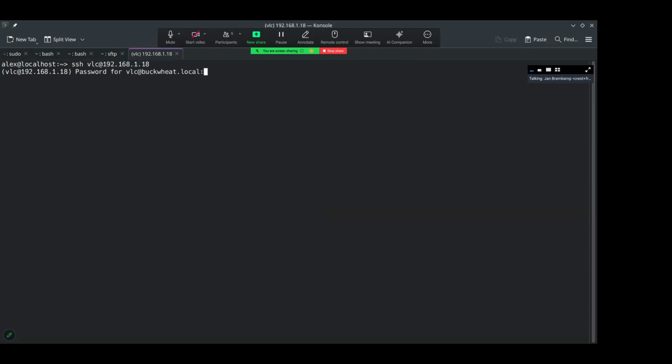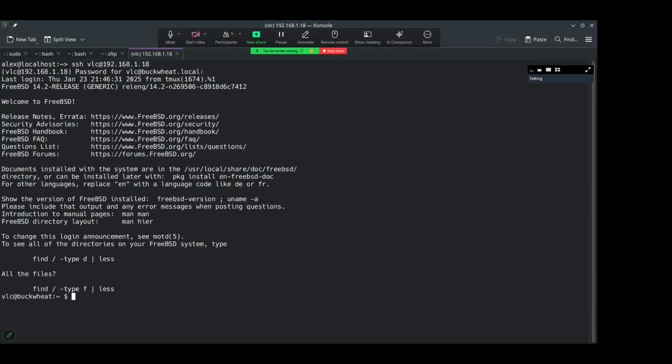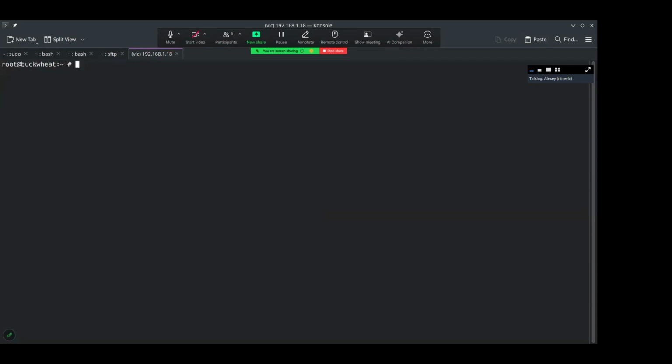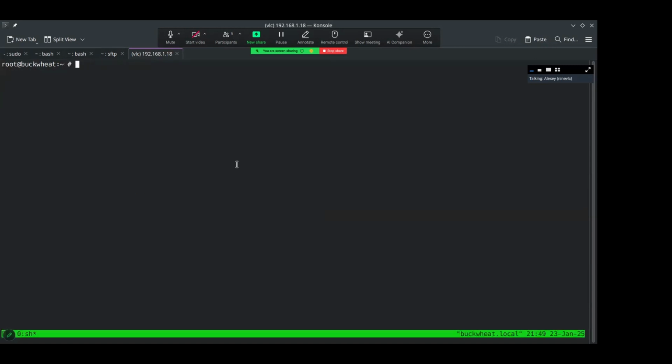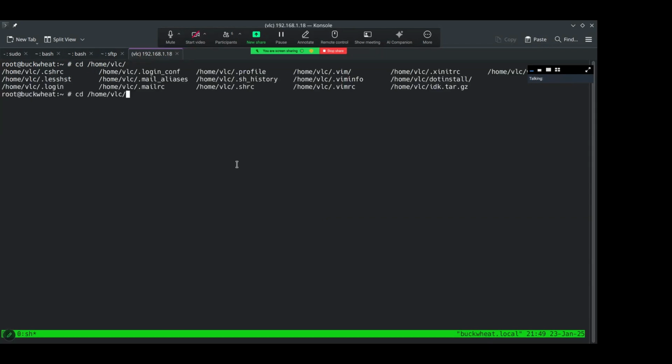Now let's just start a sudo session, tmux. vm-bhyve.